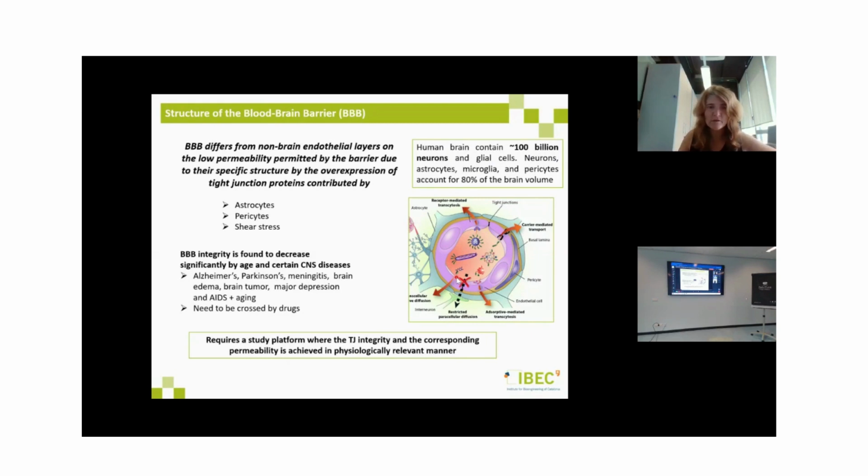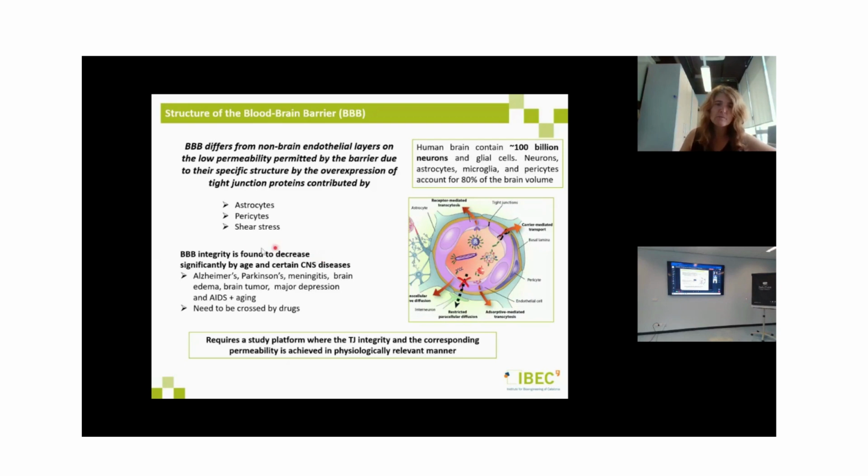That's not happening in the rest of the body. So the main cells involved in the blood-brain barrier are the pericytes, the astrocytes, and also the shear stress, because the blood fluid here makes these endothelial cells have a specific shape and a specific production of tight junctions, because this flow also helps in the production of these tight junctions and in increasing the restriction of the barrier. So it's important to take all these points into account in our